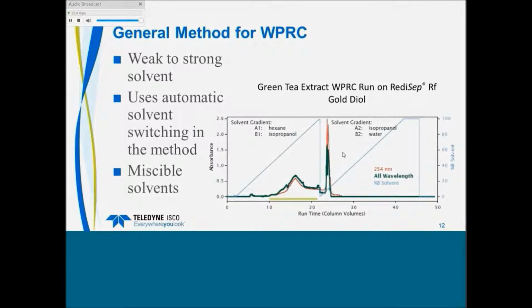The general method for wide polarity range chromatography is going from weak to strong solvent. I'm using the automatic solvent switching that's built into the CombiFlash system. Very important is that I'm using miscible solvents. In this case, I start off with hexane and go to isopropanol. Then from isopropanol, I run a gradient to water. Isopropanol is stronger than hexane, weaker than water, and miscible with both solvents, so I don't have miscibility